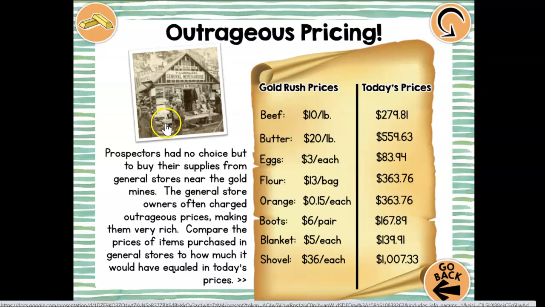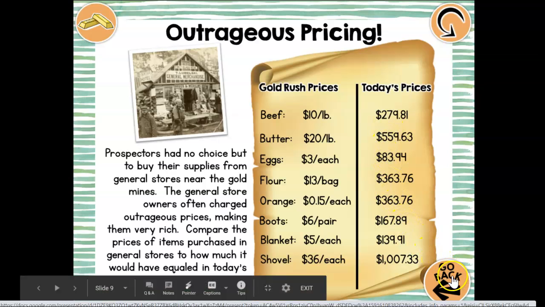So because the market knew that, they said, well, we have the supply and there's a big demand. So what we're going to do is we're going to gouge people and get as much money as we can from them, which wasn't really a kind thing to do, especially when you see how expensive things were. Think about how people lived. I mean, that's pretty crazy.